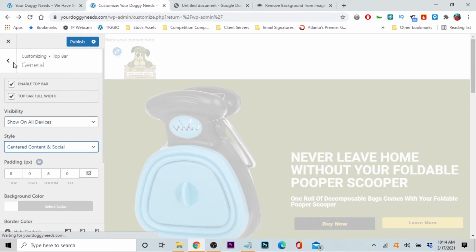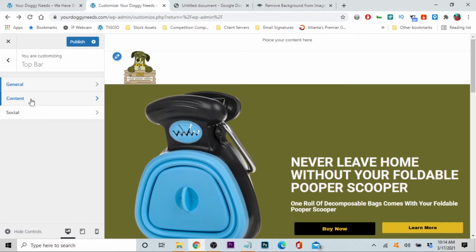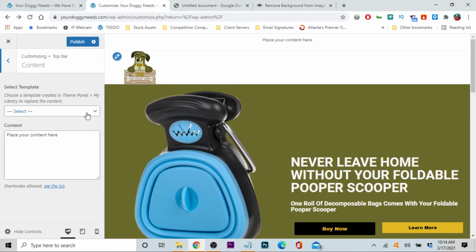All right, now we're going to click back, and we're going to go to content, and then we're going to change the colors of the top bar next. All right, template. All right, so here we're going to say